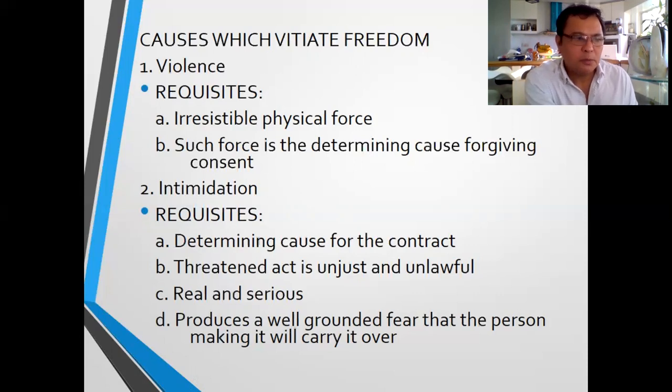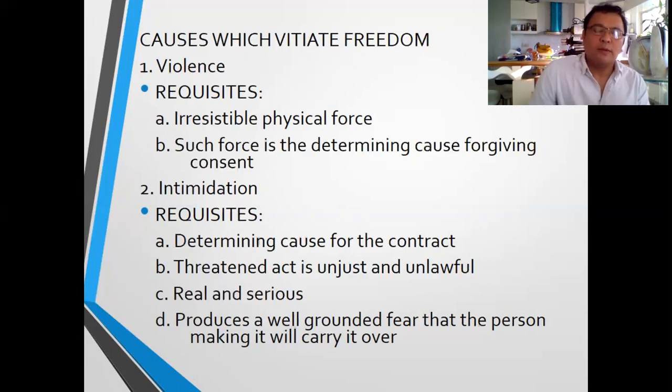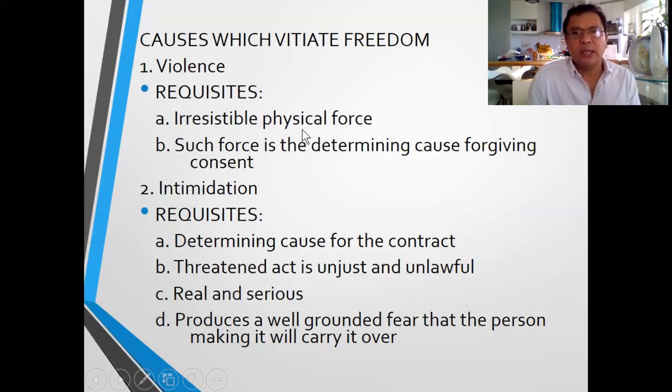And he is bringing a contract and then forcing you to sign the contract. So you have no choice but to give in and sign the contract. So there is violence present. And in that case, the contract is not valid but voidable. No? So if you ratify the contract, then it becomes valid. But if you contest the contract or attack the contract within the period required by law, then the contract could be declared void by the court.